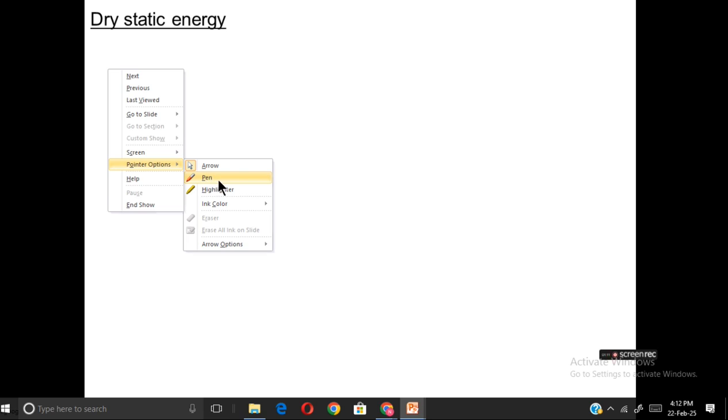I'll just write it down. Different forms of first law